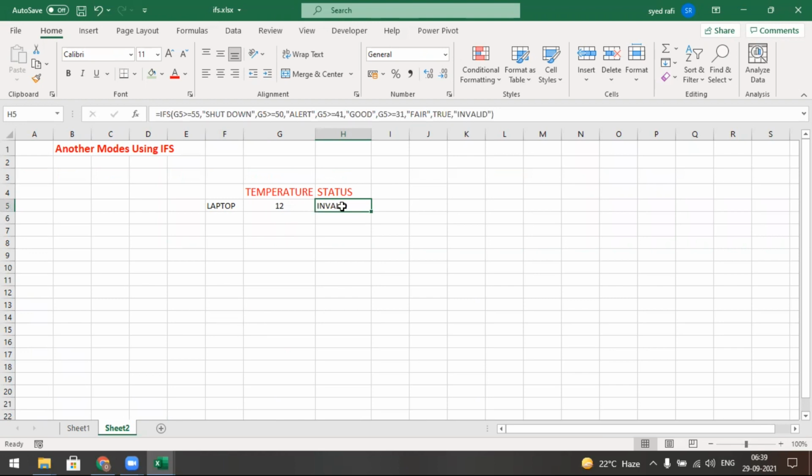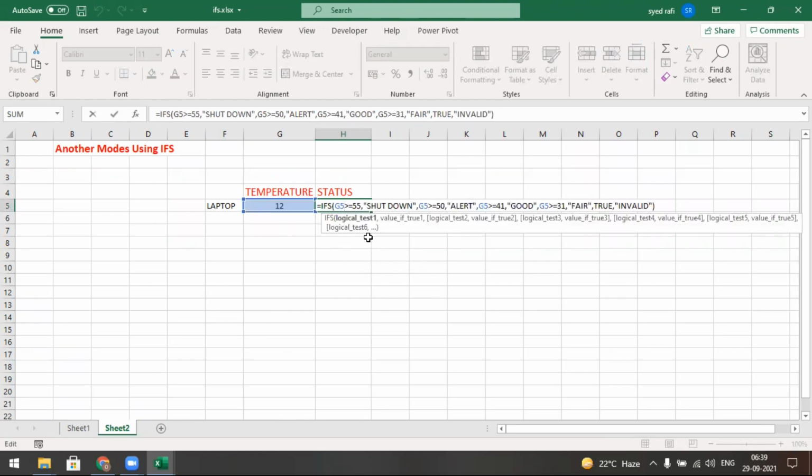I want to indicate a temperature: if the temperature is above 55, the laptop will automatically shut down. Before shutting down, it gives a message like shutdown. If the temperature is less than 55 and above 50, it displays alert. If the temperature is above 41 and below 50, it must be displayed as good.